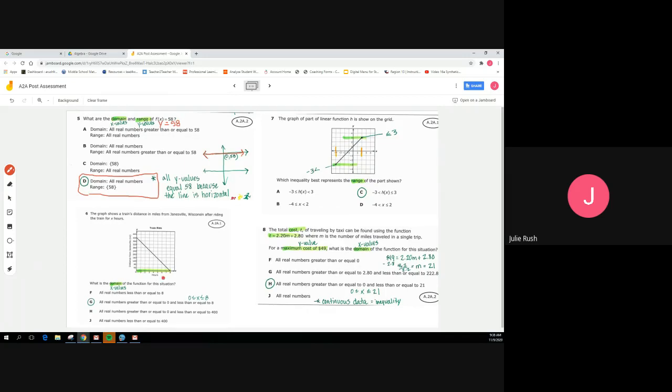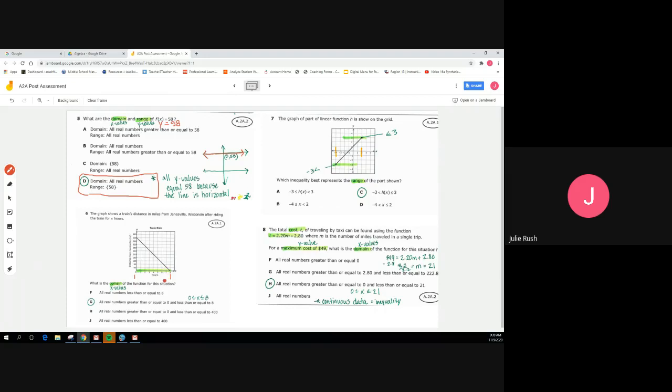Question 6 says the graph shows a train's distance in miles from Janesville, Wisconsin after riding the train for X hours. What is the domain of the value for this function? So my domain is my X value, so I'm going to focus here on my X axis, starting at 0 and going to 8. And so you'll notice at 0, when I start, the train is at 400 miles. And then as the train travels in hours, it gets closer and closer and closer down to 0 where it